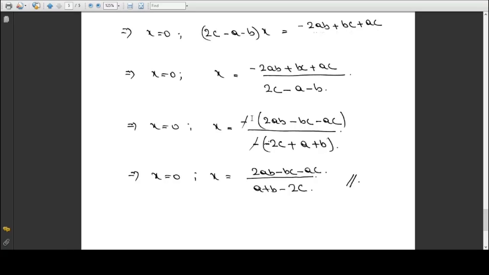Okay, now here you can say that x equals this much. You can stop it here also. You can say that this is the value of x, which is the solution for the given equation. But why have we proceeded ahead till we get to this step? Because here the minus sign is there. We don't need the minus sign to be on the first step, or simply you bring bc and ac first and then 2ab to the last. That also will do.